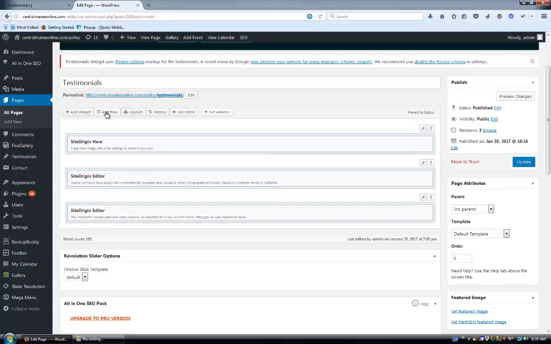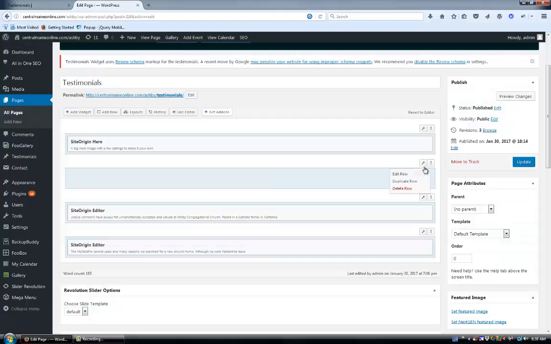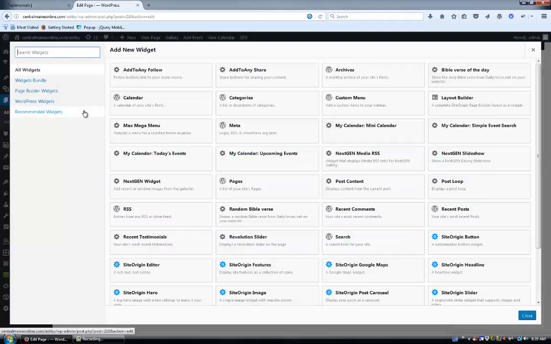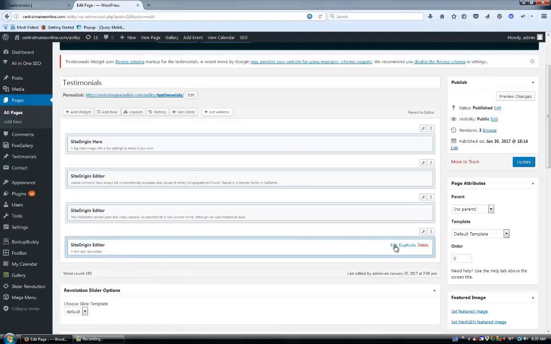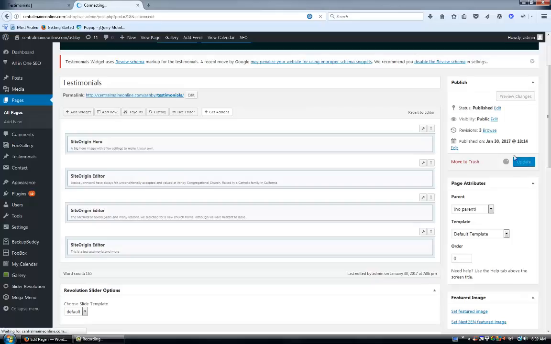So we're going to add a row, one column, insert, drag that to the bottom or wherever you want it in the stacking order. Select that row, click on Widget, come down to Editor, edit that, click into the content area, and then you can right click and hit paste, say done, update this page,